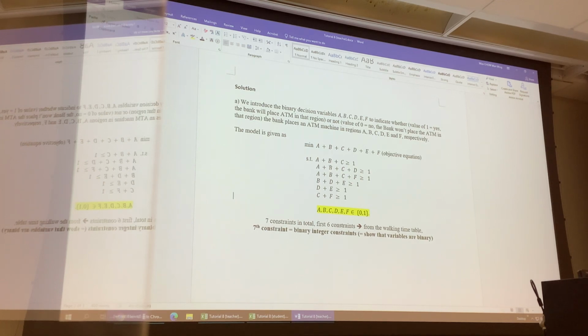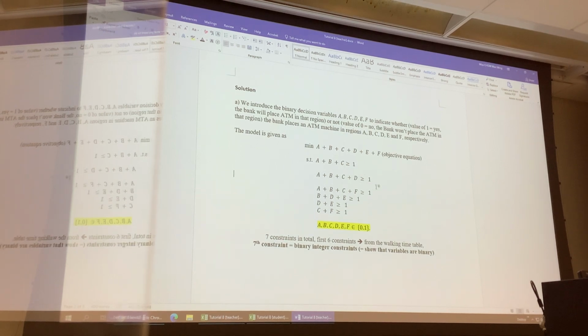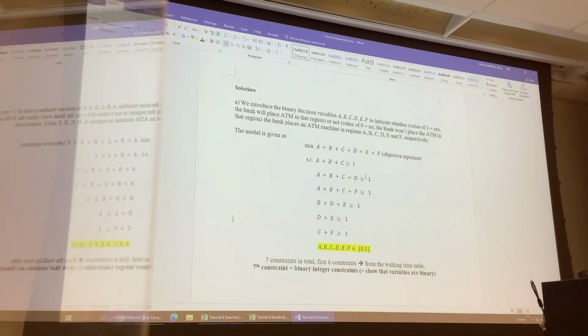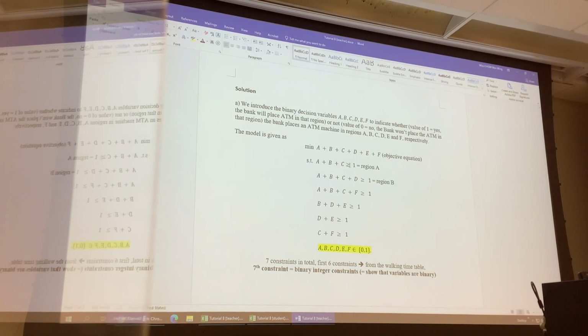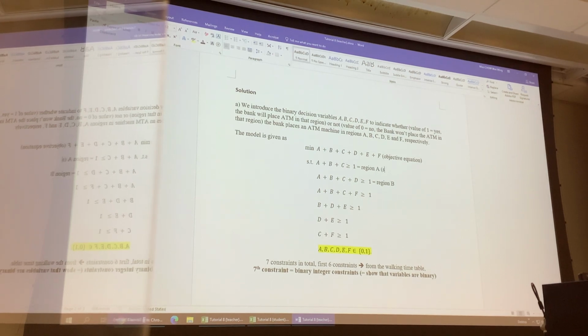For the above 6 constraints, that is from the working timetable, right? So for the first one, let's do this one by one. For the first one, that is the region A. So each constraint representing each region. So that is the first one, that is meaning region A, and then that is meaning region B, etc., etc. Okay. So smaller or bigger or equal to? The sign that is bigger or equal to,